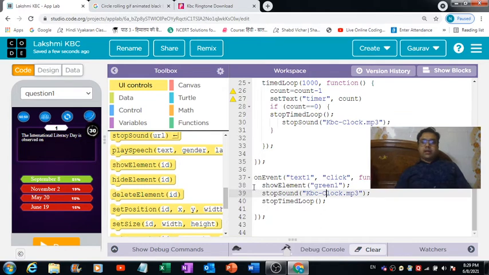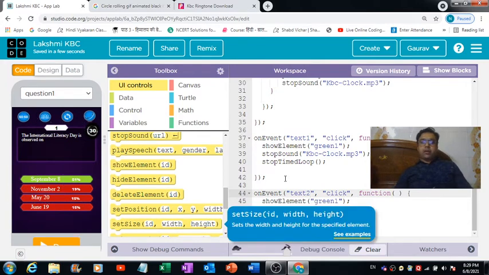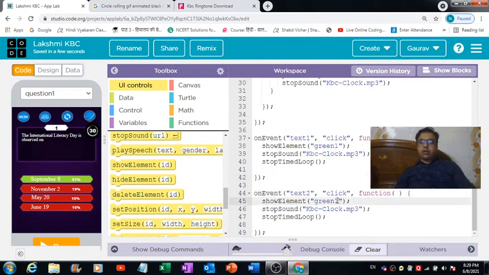Okay, and what else can we define the code for? Copying this whole code and putting it over here. If the user will tap on this text 2, then what should happen? In place of this green one, the red one should be visible, red 2 should be visible to the user. This clock should stop and this sound should stop, right?